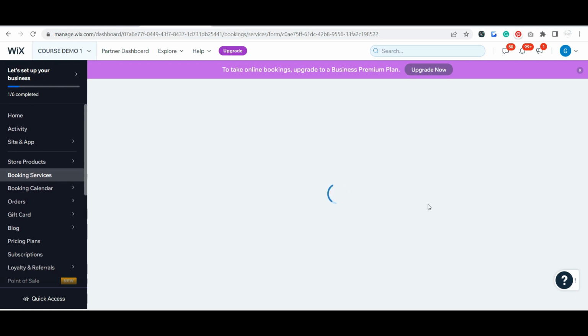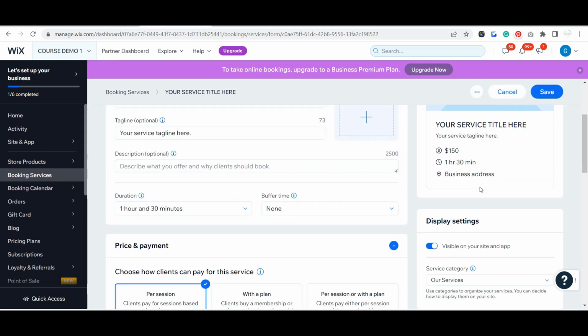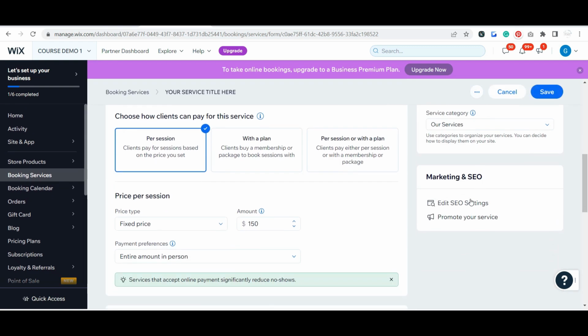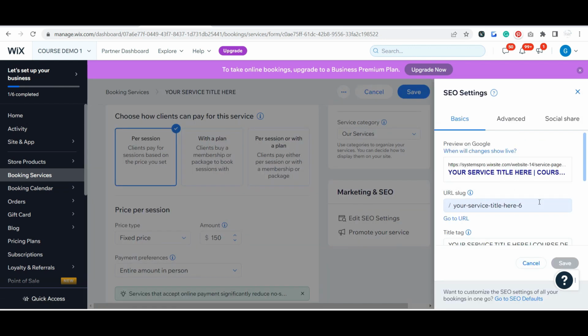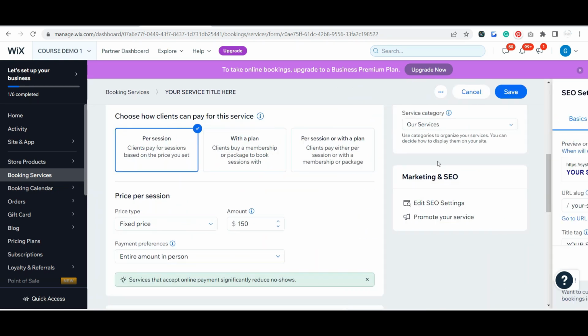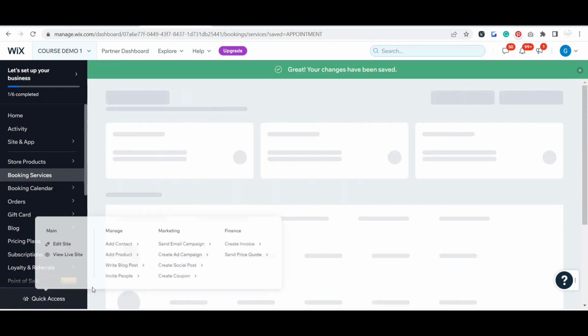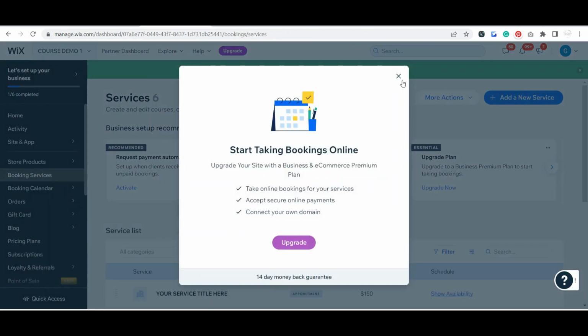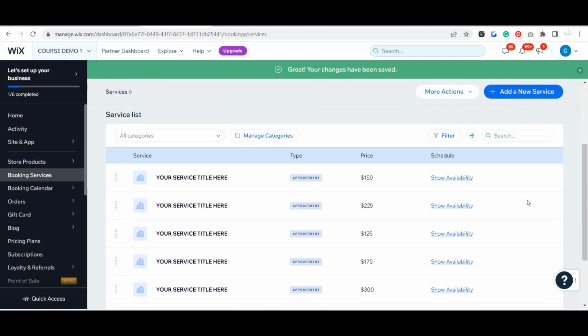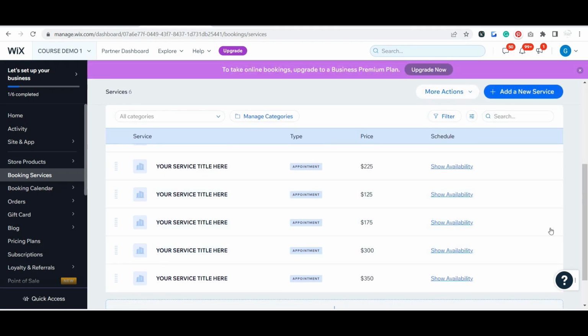Back to our bookings here. And then finally, if you want, you can go in here to edit your SEO settings. If you want to have that show up on your SEO, then you can do that as well. So that's pretty much it. Oh, I did want to show you one other thing. Once you have the settings in there that you need and want, if they're going to be very similar or the same, then you can actually come in here and just